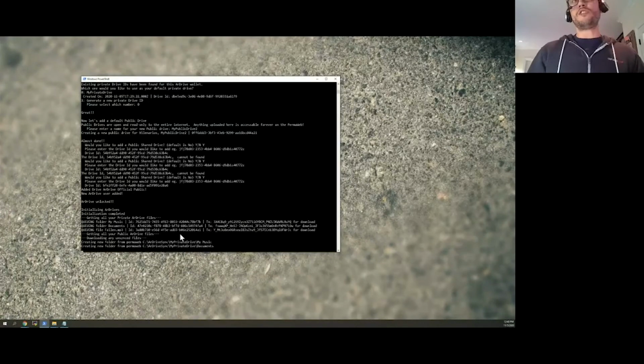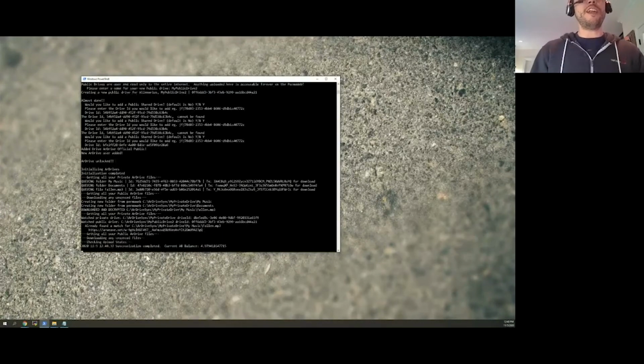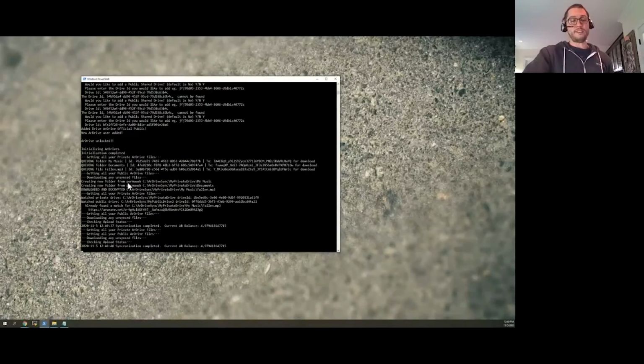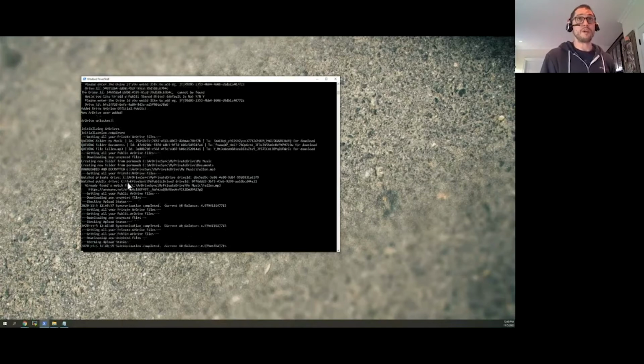So it's doing a few things. First, and I know it's going by a little quick, it's essentially queuing up some of the things that I've already uploaded to my private drive. So what we do is we scan the PermaWeb first for any data that you've uploaded. We synchronize all that locally, and then we download the latest file versions as well as create the latest folders.